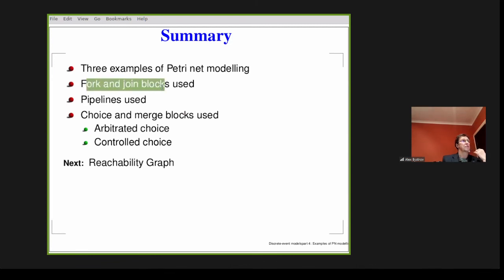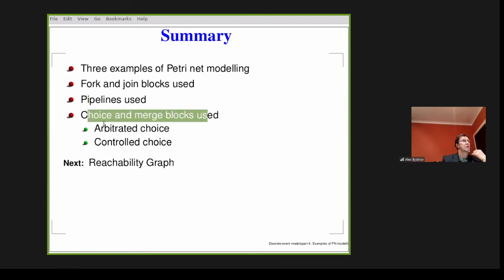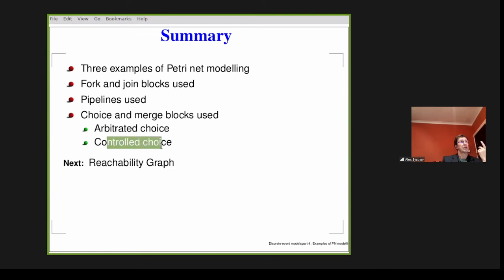Fork and join blocks used, pipelines used, choice and merge blocks used in the arbitrated, and controlled choice. Okay, so it's all there. Controlled choice is the last example. So instead of arbitration, we are doing the control thing, because we can guarantee the sequence between the transitions, there is no randomness there.